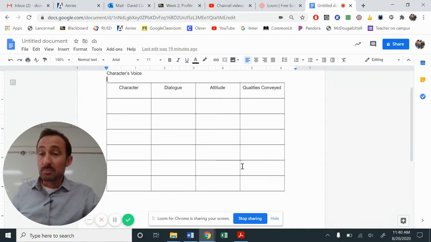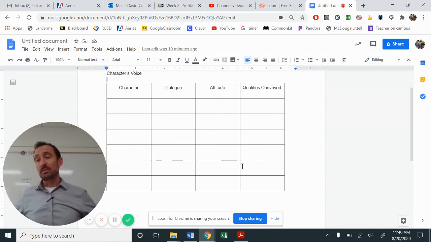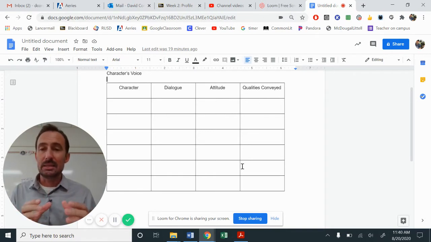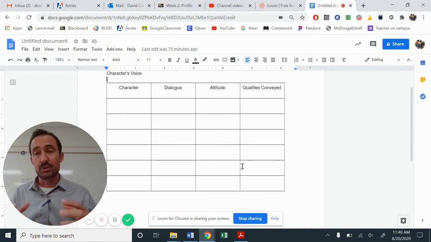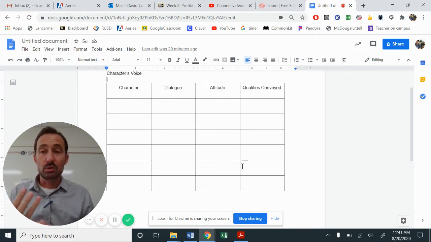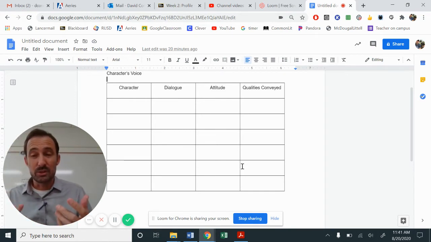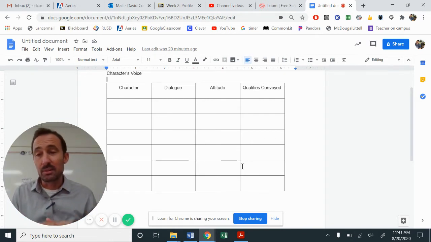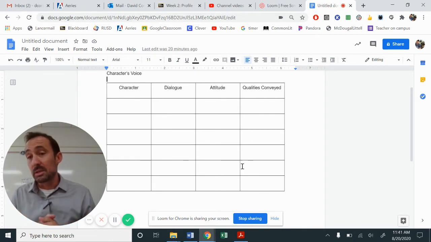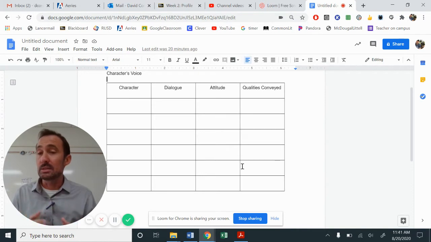Okay. Now, in chapter 2, we are introduced to a lot of new characters as George and Lenny get to the farm. They get to the bunkhouse. They're introduced to Candy. They're introduced to the boss himself. They're introduced to Curly, who is the boss's son. And then they're introduced to Curly's wife. Curly's wife doesn't actually have a name. She's just referred to as Curly's wife. We'll analyze her in depth later, but we will begin to scratch the surface today of who she is as a person.